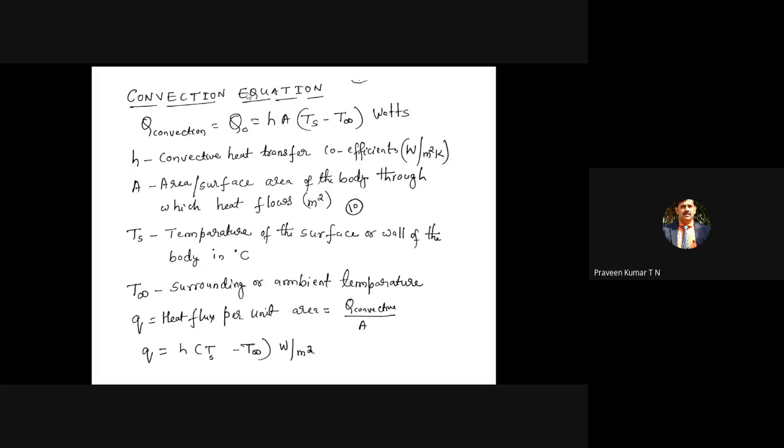So we have the total convective heat transfer, which is given in watts. When you go for the heat flux per unit area, that is q. So q refers to the heat flux per unit area, where you divide by A. We have the total heat transfer by convection divided by the total area. The area exposed to the convective medium, in simple terms, if it is a fin, is the surface area of the fin.